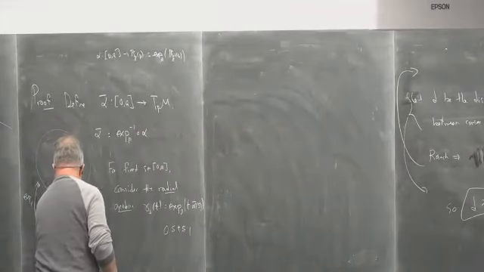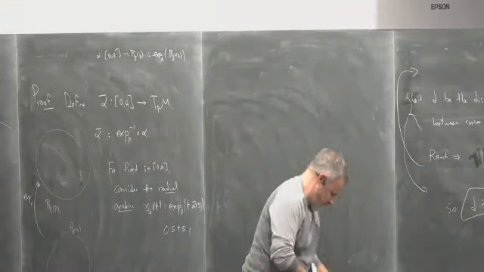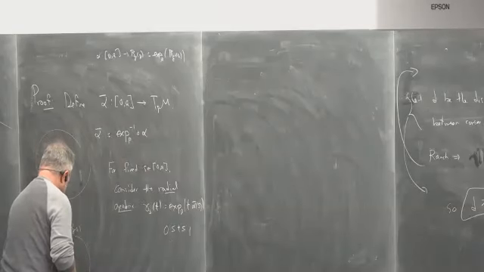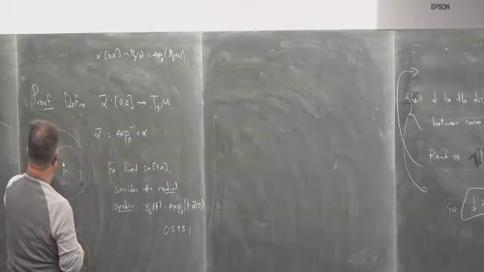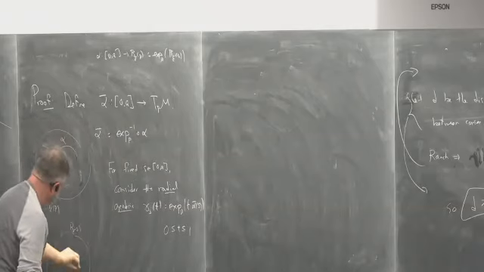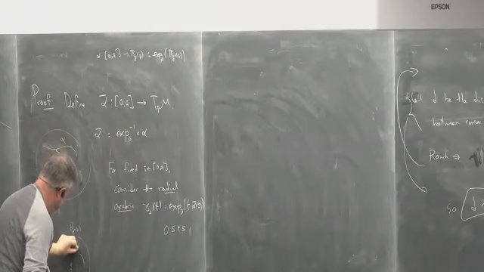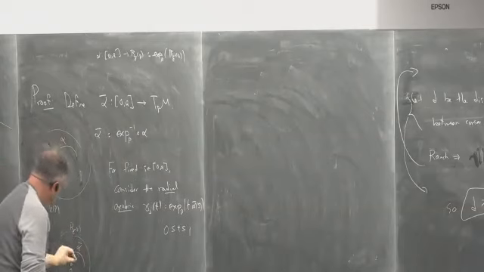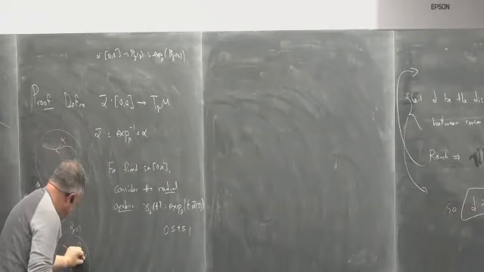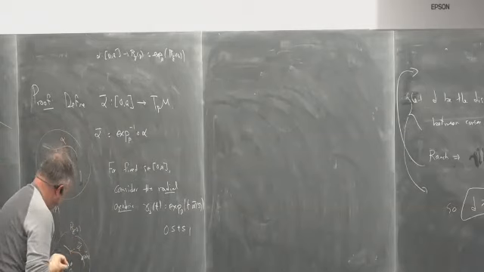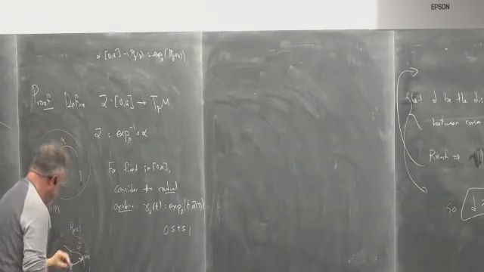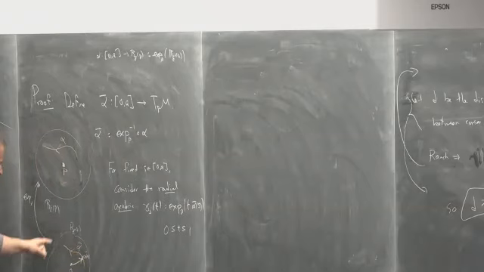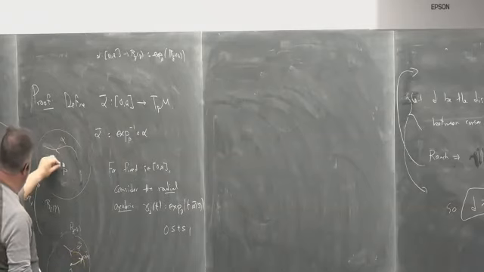So P is the center of my normal ball, and alpha is some curve in here. And it's the image of some alpha bar here. And for every s, if I look at alpha bar of s, that gives me a vector from the origin to alpha bar of s in this B epsilon of 0. So I can exponentiate that and get,